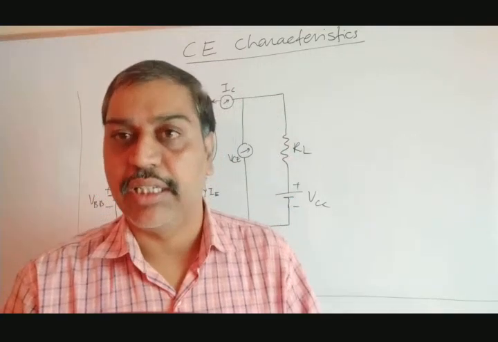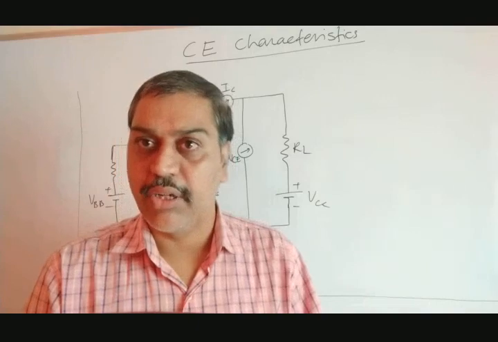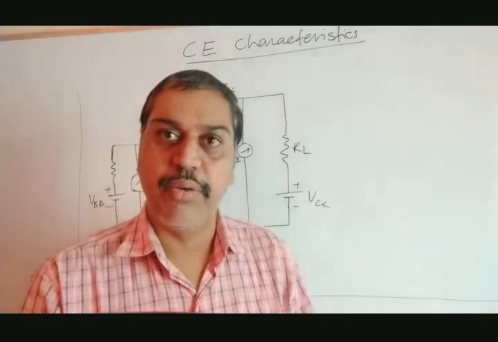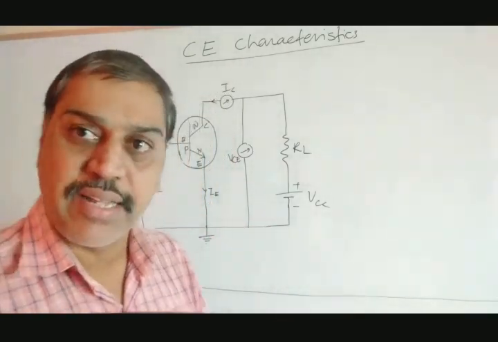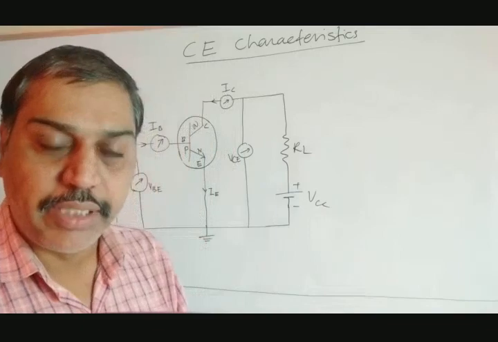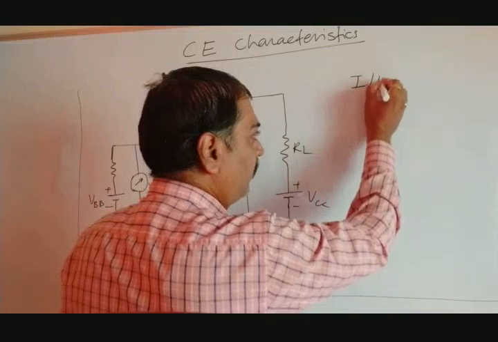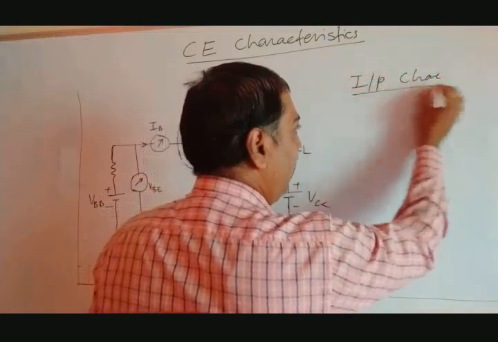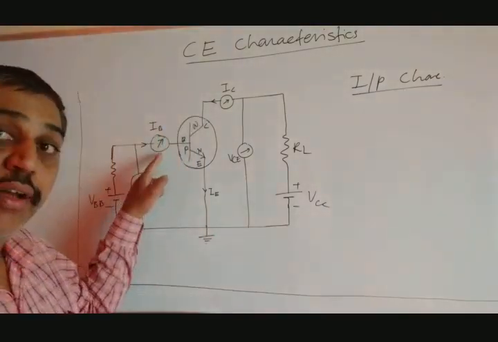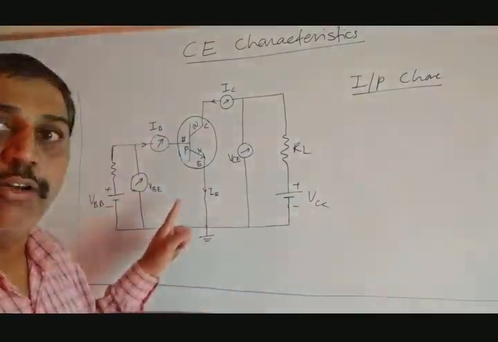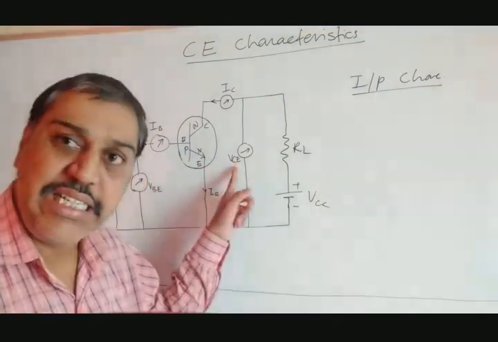Now we have to see the transistor characteristics. In CE mode there are two types of characteristics. We are going to learn only the CE mode because it is very important and famous for its good properties and characteristics. There are only two characteristics. One is the input characteristics, which measure the variation of input current with input voltage. While doing these variations, the output voltage VCE must be constant.